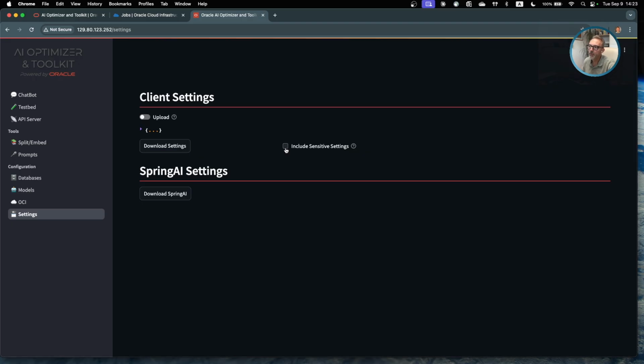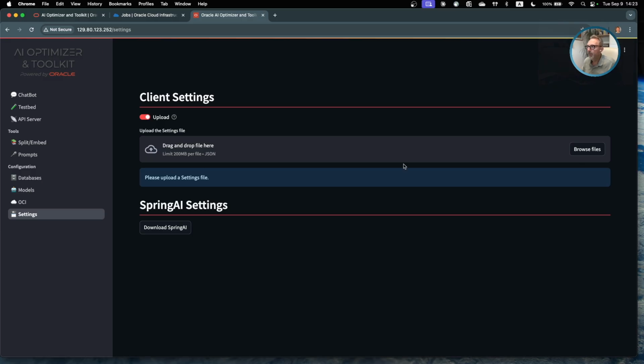If we do the include sensitive settings, it will save our settings into a file, including the API keys. And in the opposite way, we can upload that file, so we don't have to do the settings all over again. So that's it for the user interface.